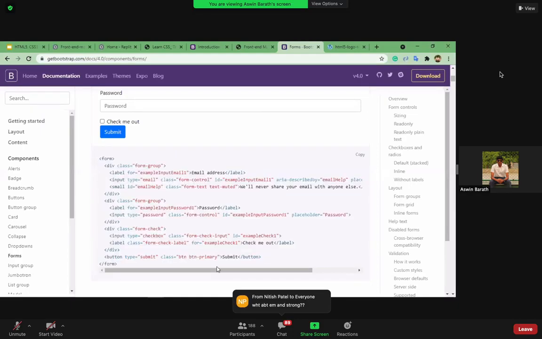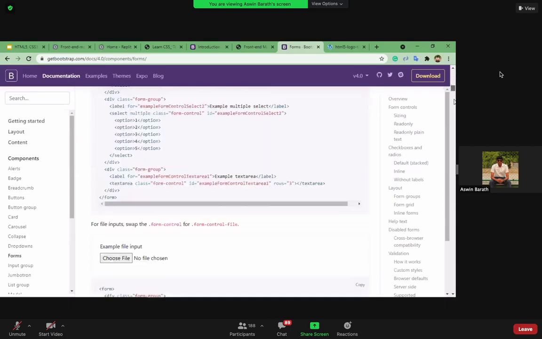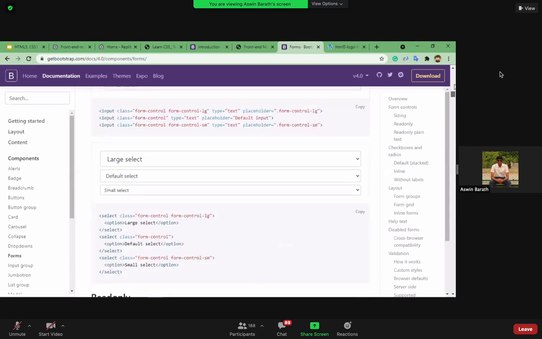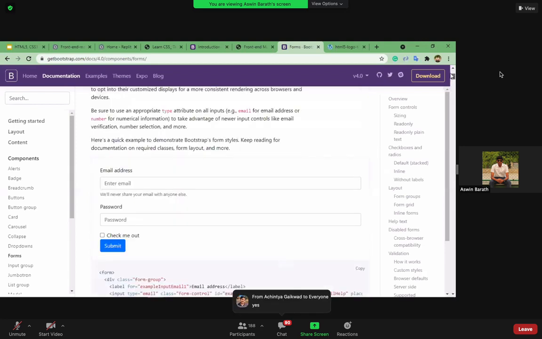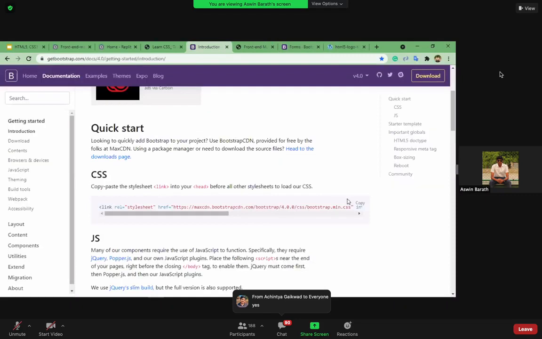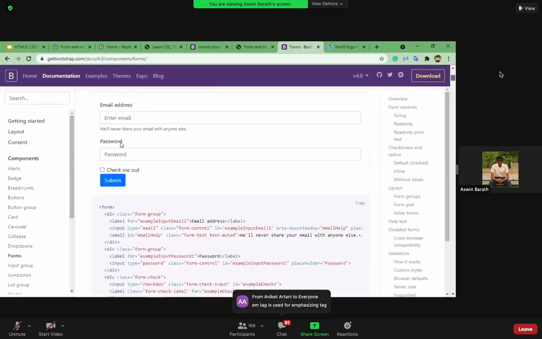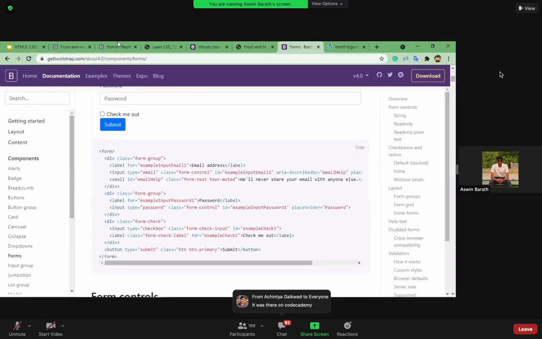Okay. So I'll leave this resource as well. You can go through this. If we add this link in our header tag, we can use all of the properties that we have inside Bootstrap. Okay. We can just copy and paste it in our site and it'll work properly.